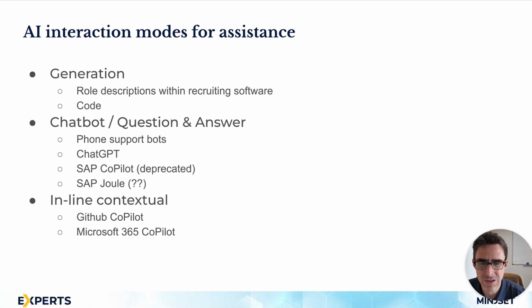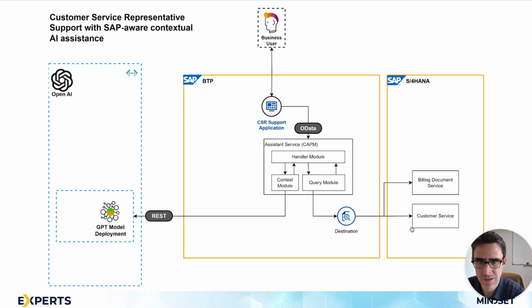I think many of us have heard about the Bing chatbot and its Sydney persona. If you talk to it long enough, it develops a whole other personality, which is very adversarial and has some weird quirks. We don't want our business applications to work like that necessarily. I think there's a great opportunity and market for these types of bots that interact with people, but in our business applications, we want them to be a little bit more predictable and helpful. So inline contextual is what we're going to be looking at today primarily.